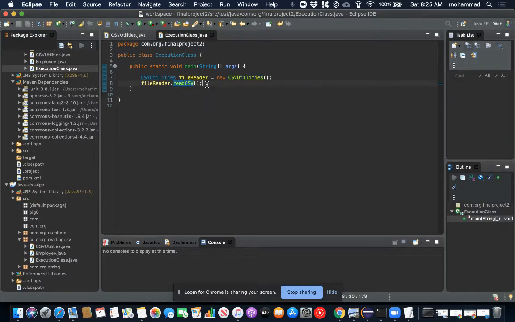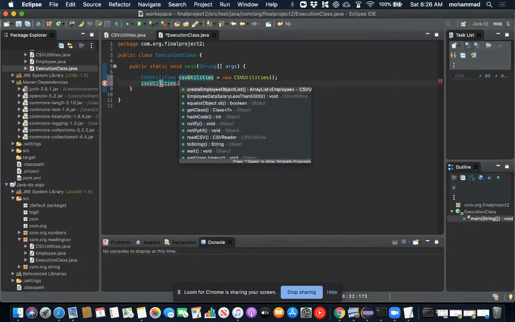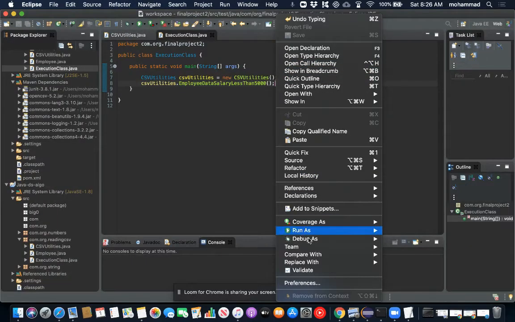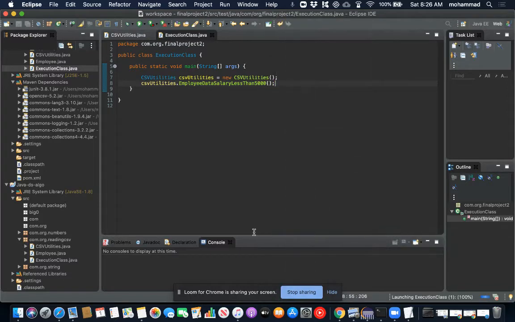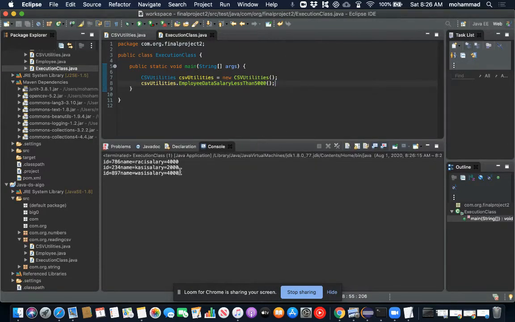And rather than calling read CSV, I will not name it CSV file, I will call it CSV utilities. And say utilities dot, I want to print employee data whose salary is less than 5,000. Now do run as Java application. And there you go. It has printed all the employee data whose salary is less than 5,000.